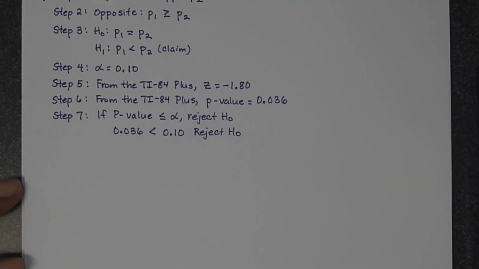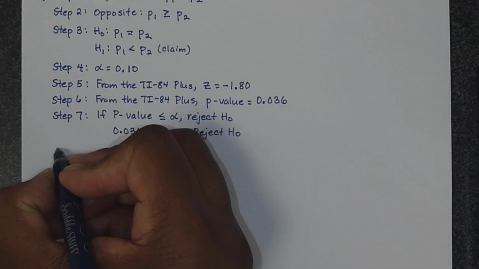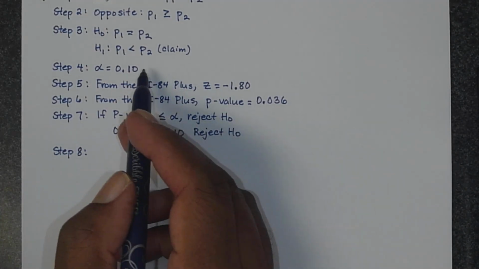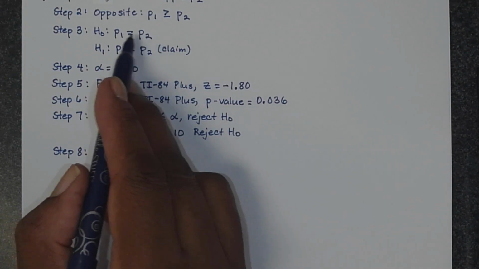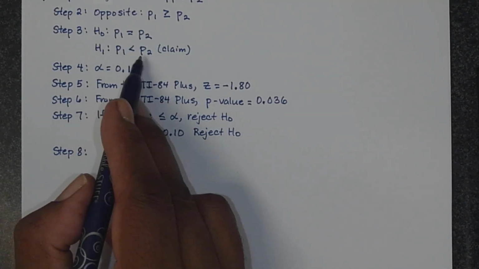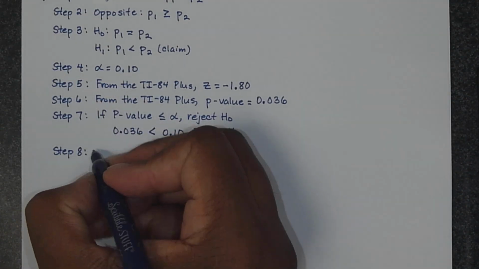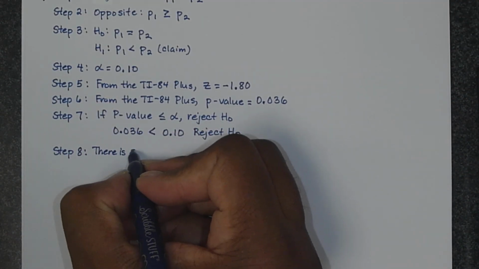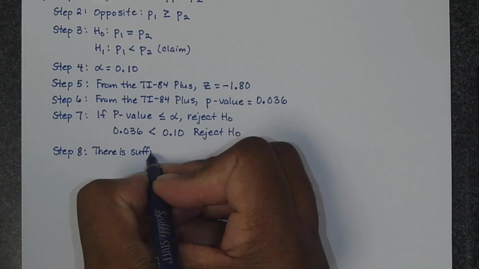And if we reject the null hypothesis, let's think about this, how we write our conclusion statement. We're rejecting this null hypothesis. The alternative is your claim. Your claim is your alternative hypothesis here. So that means that there is sufficient evidence to support the claim